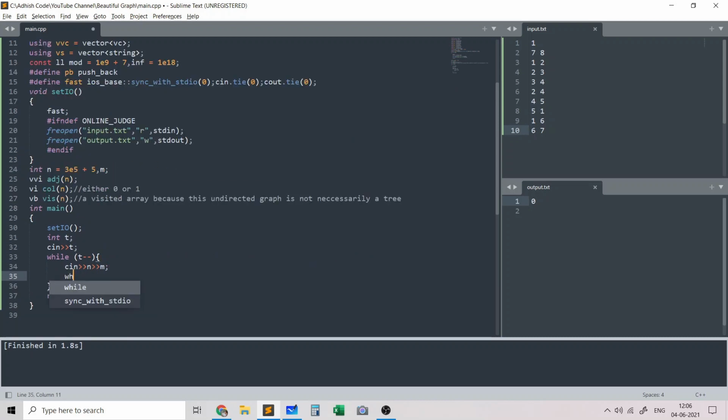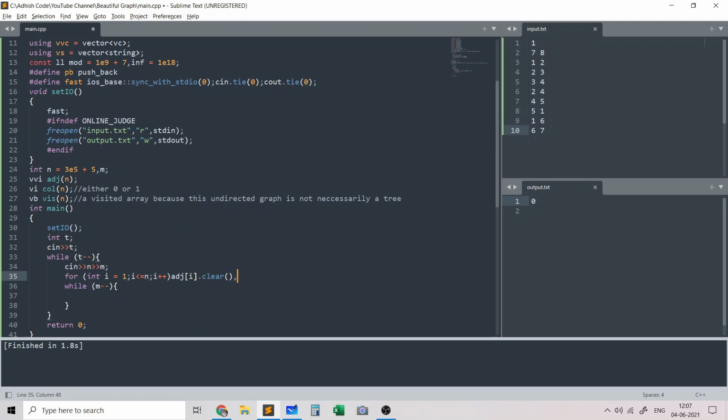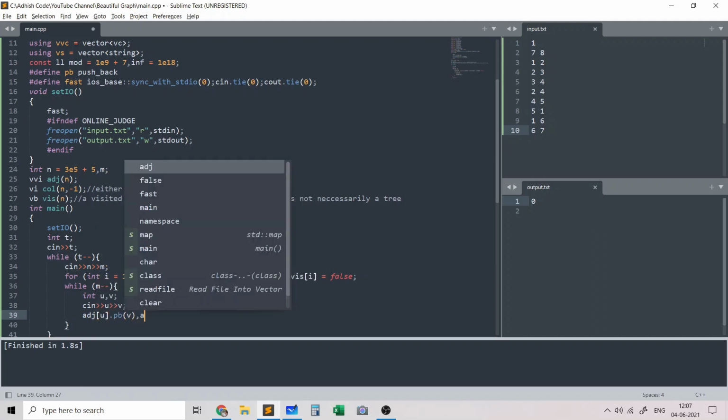And let's just read in the edges of the graph. Also, before we read in the edges, we need to reinitialize all the values. So over here, I'll basically clear the adjacency list. I'll assign color to be -1. Basically, -1 signals an unvisited node. And we also initialize visited to be false. And now we can read in the edges. So the edges are of the form U V, and we create the graph.